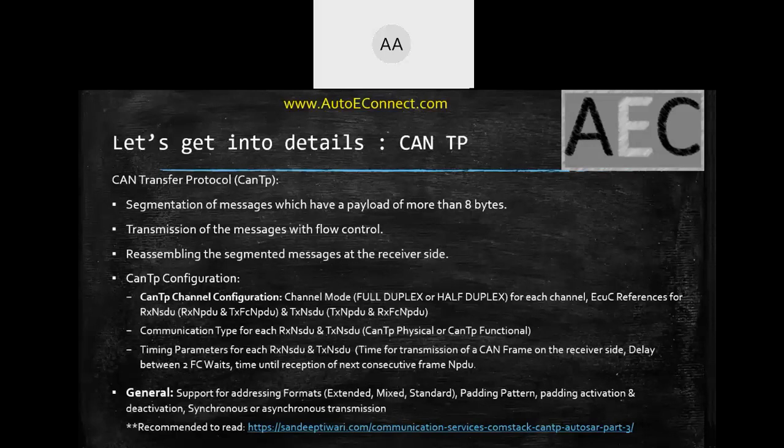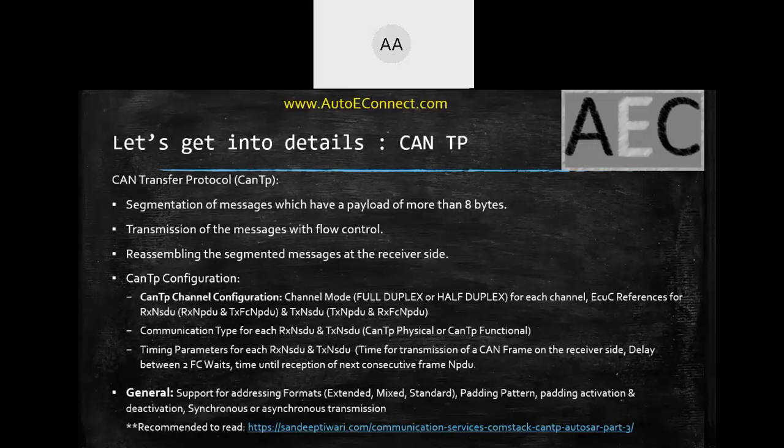And for a TX NSDU, you will have a TX NPDU and an RX functional NPDU. Once you configure these ECUC references, which are nothing but the PDUs, like I mentioned, ECUC will have all the PDUs used inside your ECU. All those PDUs will be listed in the ECUC PDU references, and from there you have to bring in those references to this RX NSDU and TX NSDU related